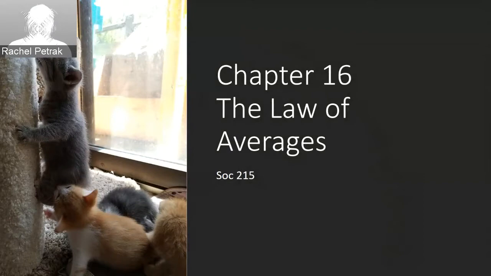But before we can get to that point, it's important for you to understand how it's possible to even draw inferences about a population from a sample before we can move into picking which type of inference you can draw. So that's why in this chapter on chance variability, we start out by looking at the law of averages before we get into the standard error and the expected value. Okay. First, we need to understand chance processes in general.